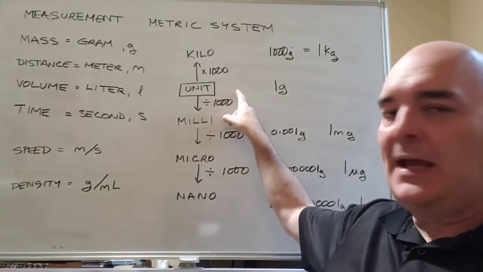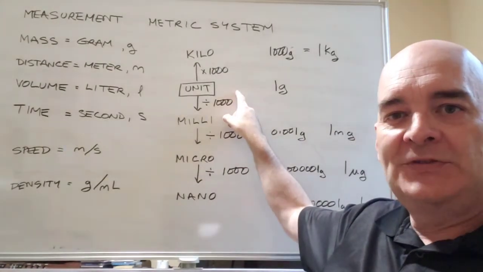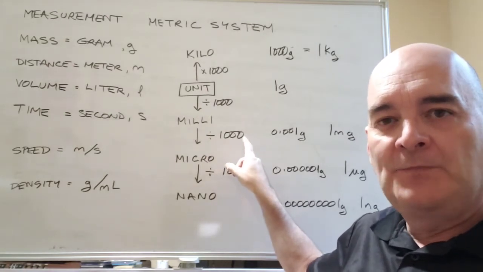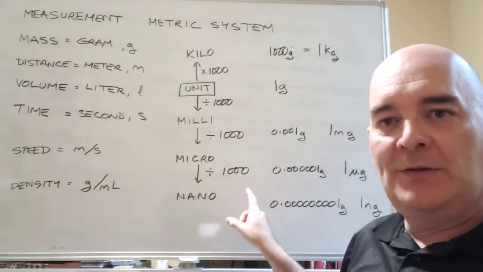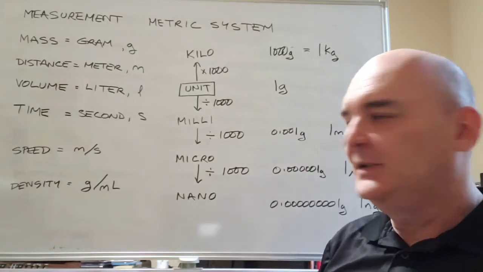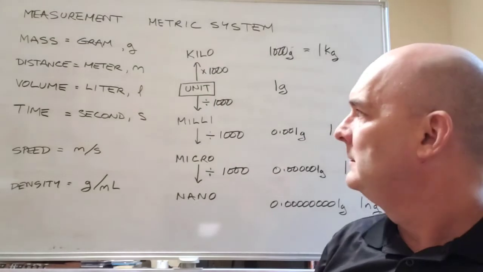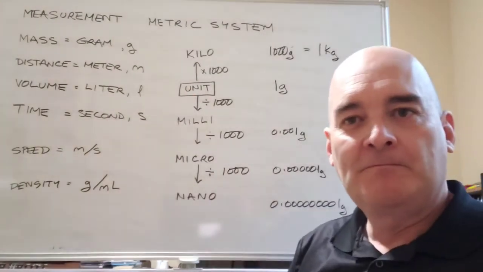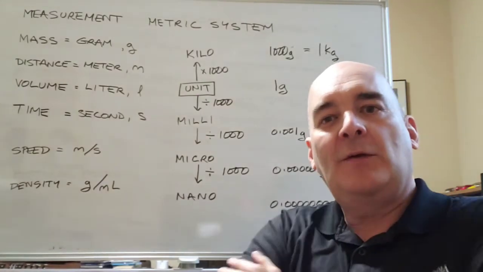So if I take a second and I divide that second into 1,000 pieces, each one of them is a millisecond. And if I take each of those milliseconds and divide them by 1,000, then each one of those new pieces is a microsecond. And it's true of liters, and it's true of everything. Okay, let's try and figure that out now